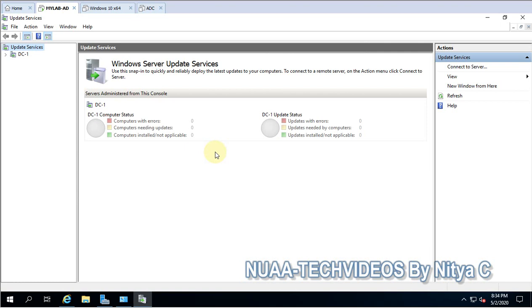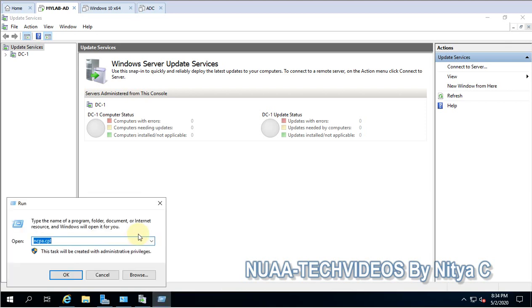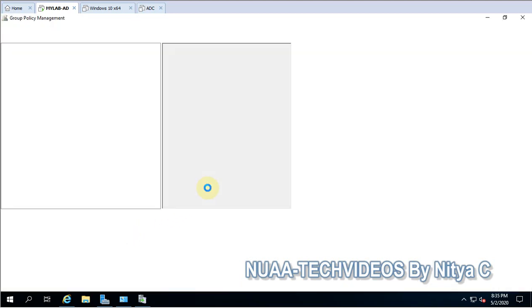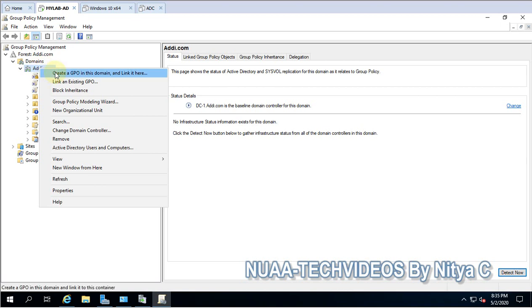So this is all done from the WSUS side, and now we have to configure the policy for client machines. So let's open the group policy console, gpmc.msc, and I don't have many machines, but I will configure this policy on the domain itself.